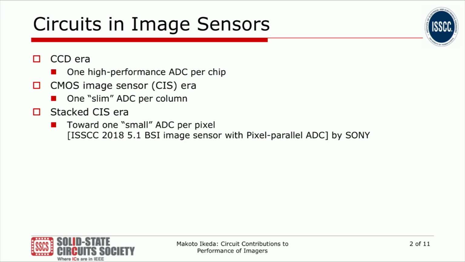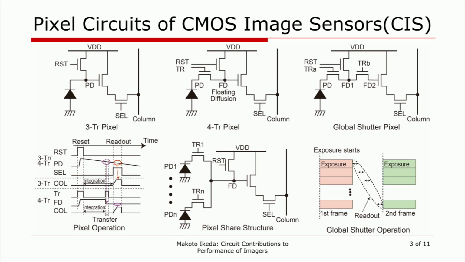Now, in the era of the stacked CMOS image sensor, we have the flexibility to put as many circuits as you like onto your pixel. And now, Sony has presented at ISSCC the pixel parallel A/D converters. So, this is a time for you to think of how many circuits are expected and equipped into your pixel to improve the performance. Before going to the detail, I would like to briefly introduce pixel circuits of the CMOS